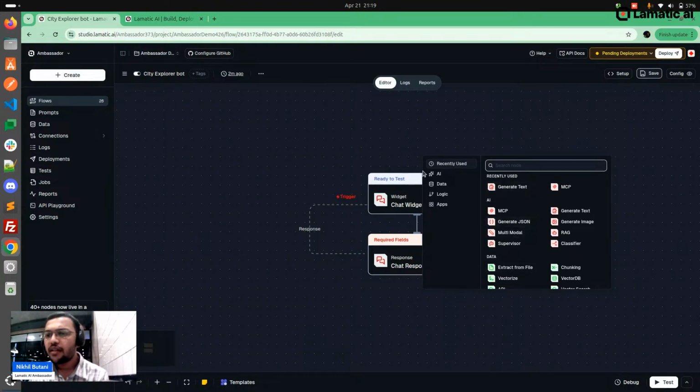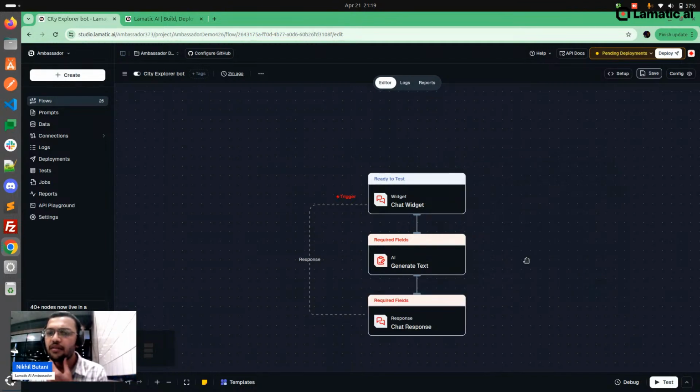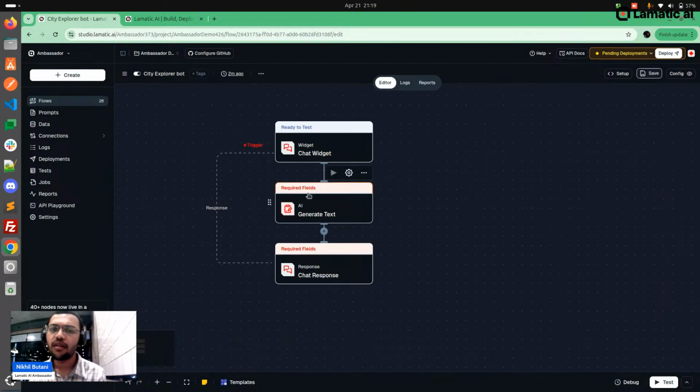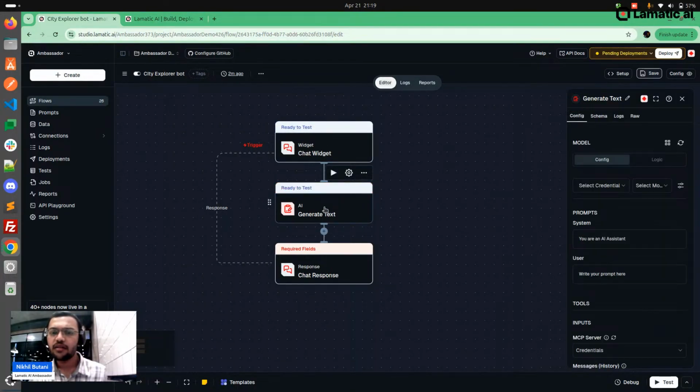But currently I just do the simple demo, right? So here I just click on generate text. You can see here it adds one trigger, right? So what will it do? Here I took the chat widget, and then AI generates text, and then it will return a response, right?